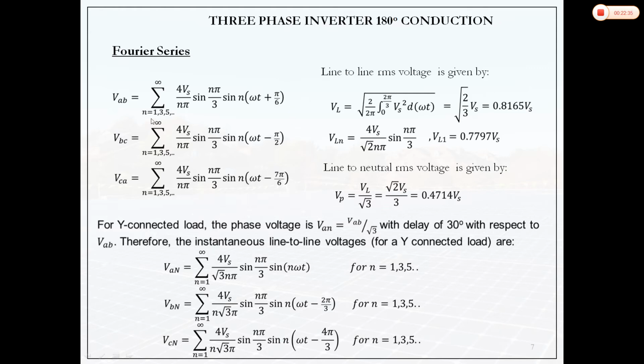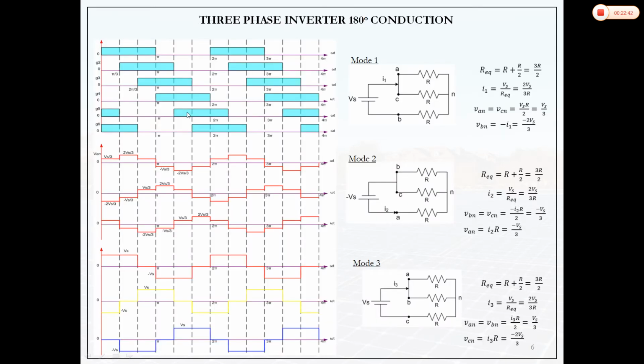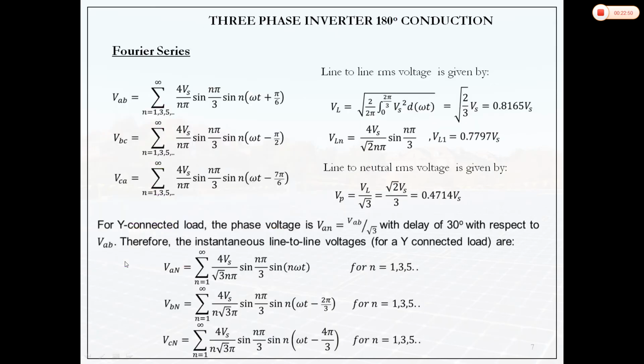Okay, and that is for n is equal to 1, 3, 5, 7. For even it will be 0, because you can see from the waveform the positive half will be equal to the negative half. So even harmonics will be absent from the output waveform. Okay, so you are getting 4 Vs upon n pi sine n pi by 3 sine n omega t plus